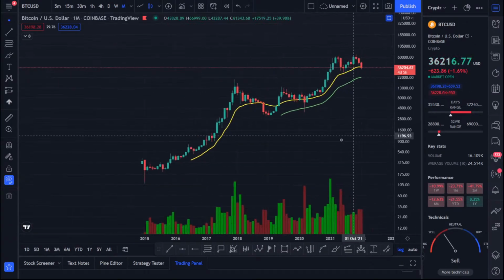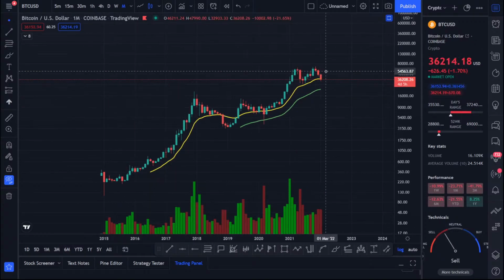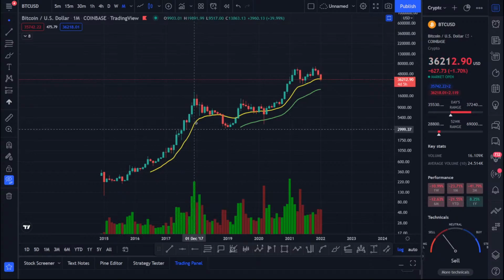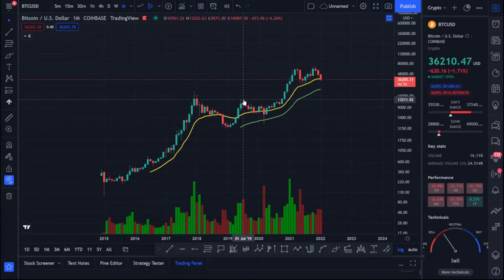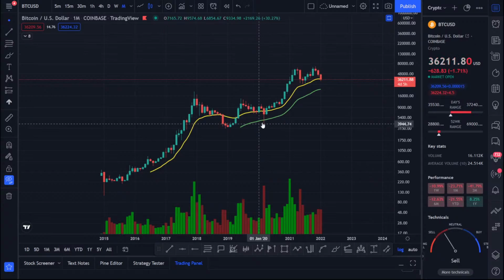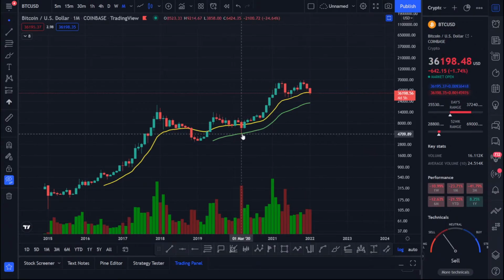Okay, look at these EMAs. So you will see Bitcoin come. As soon as it breaks the 20 moving average, it comes down. Okay, and then whenever it's on top of the 20 moving average, it's bullish. So when it comes and settles down on it and it breaks down, it finds support at the 55 moving average. So once you get that support from the 55 moving average, this is your indication that accumulation is being done in these areas, and then the price follows to the upside and tries to sail all the way,